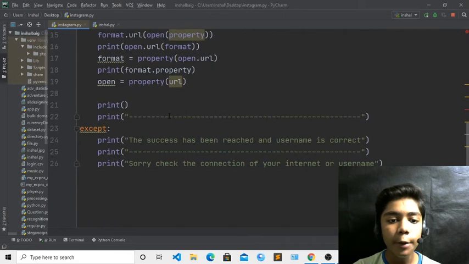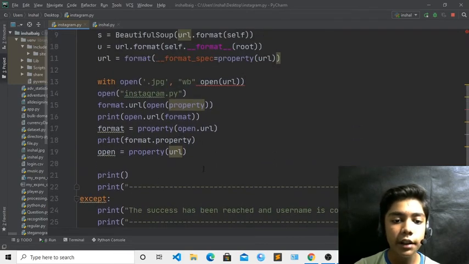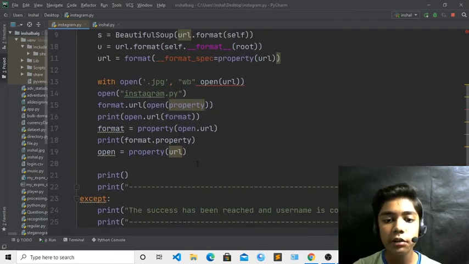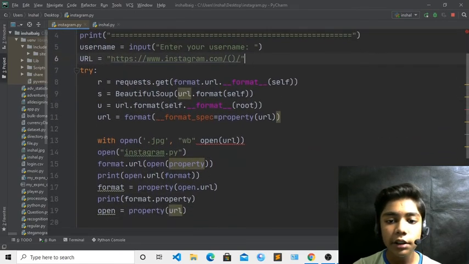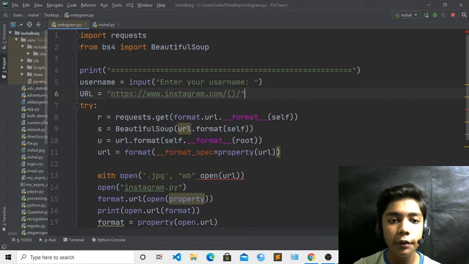I hope you understand this class, and I hope you also enjoyed this class like you are enjoying all the previous classes. You have to practice all these things like I am telling you. These are really big tags, so you have to write all these things properly, and then you can be a good Python programmer.